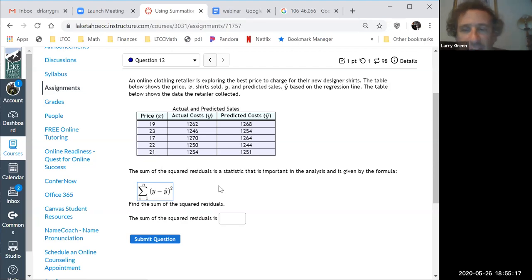Any questions so far? Any questions? Okay, so now we got to do this. All right, so let's go ahead and think about what we're doing. Well, what we're doing is we're adding up all these y minus y hat squareds. Okay, notice, and this is kind of important, where do you see x in this formula?